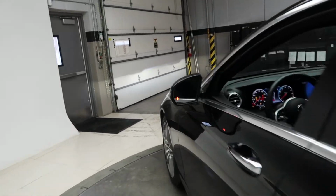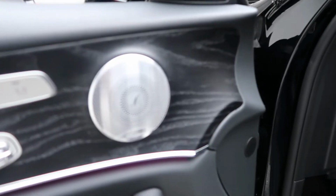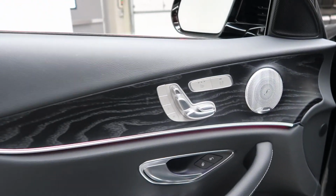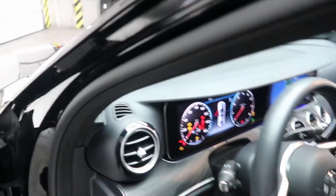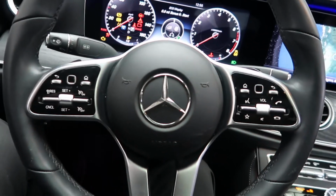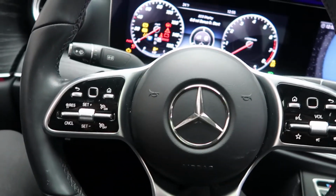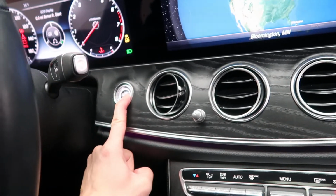Premium 1 package with blind spot assist, Burmeister sound system, heated seats, memory seats, LED logo when you open the door, heated steering wheel, smartphone integration with Android Auto and Apple CarPlay, touchpad steering wheel controls, paddle shifters for extra performance, push start ignition,